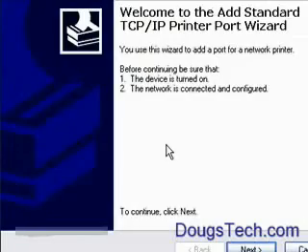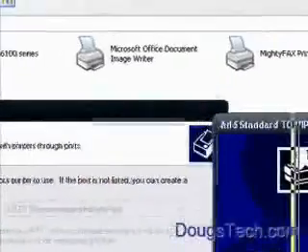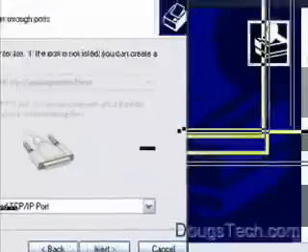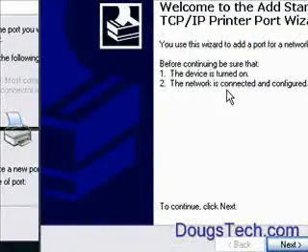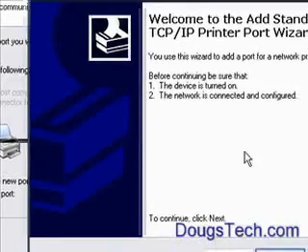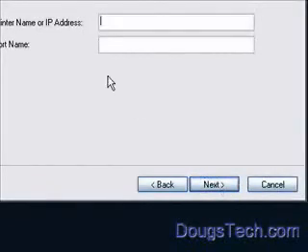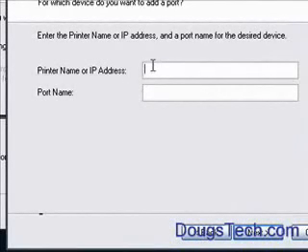That's where most people go wrong. They don't choose this right here about the TCP/IP, and that's where most people go wrong. They choose a network printer. You have to choose local printer, and then come here to the TCP/IP printer port wizard. Then you have to enter in the printer name or IP address, and I think it's 192.168.0.102. I think that's the